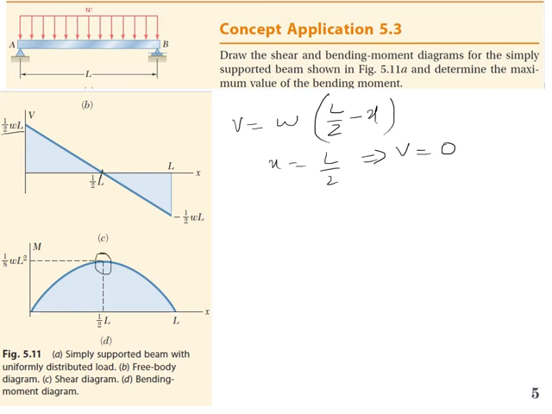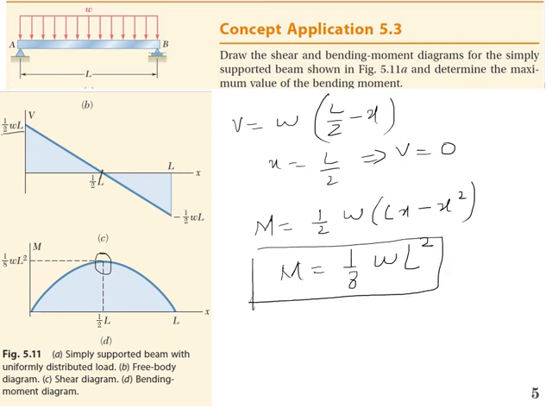And how will we find it? If you look at the expression from the previous slide, the expression for moment was 1/2 W(Lx minus x square). Now if you put x is equal to L/2 and solve it, that moment value will be 1/8 WL square. So this is how to draw the shear force and bending moment diagram through the relationship between load, shear force and bending moment, and this method is also known as the graphical method. Okay,